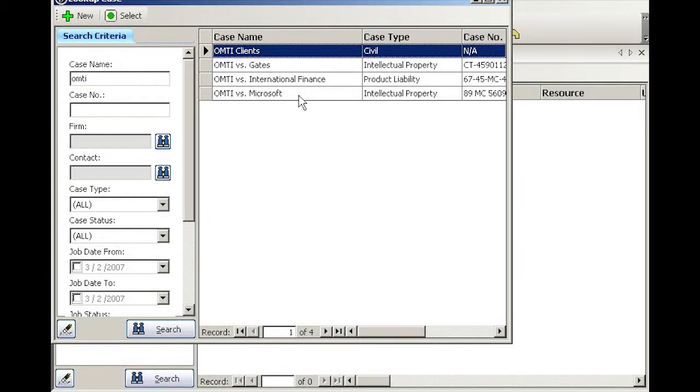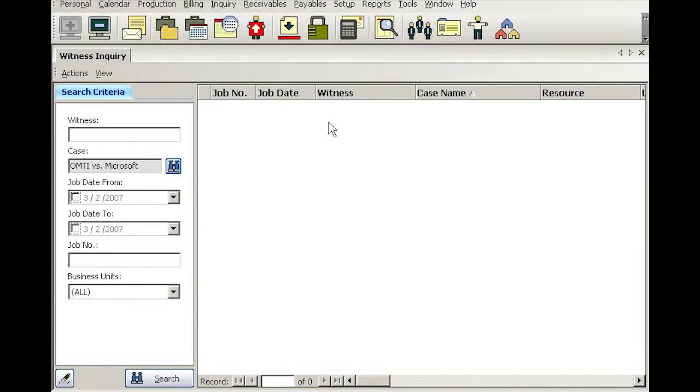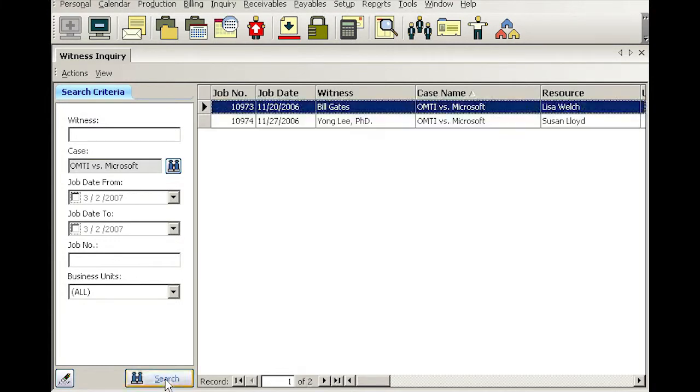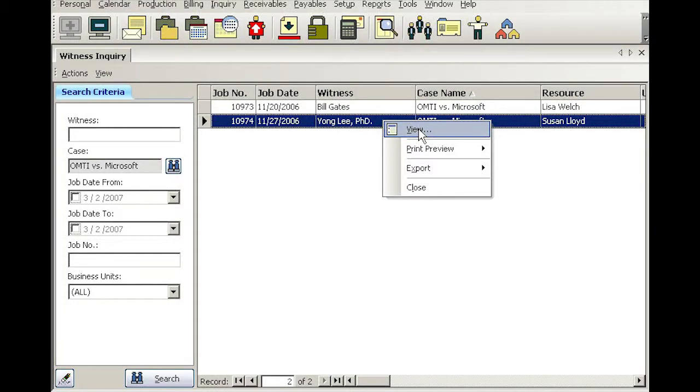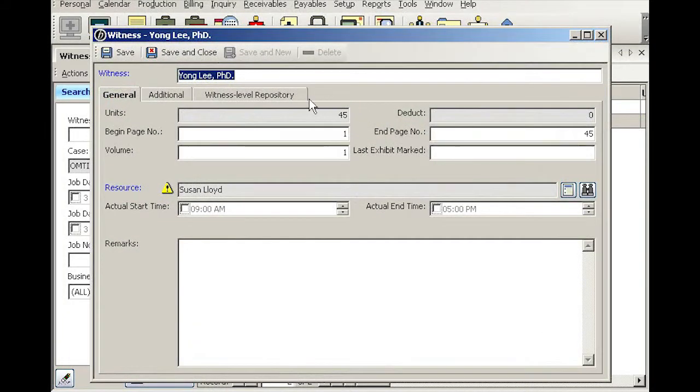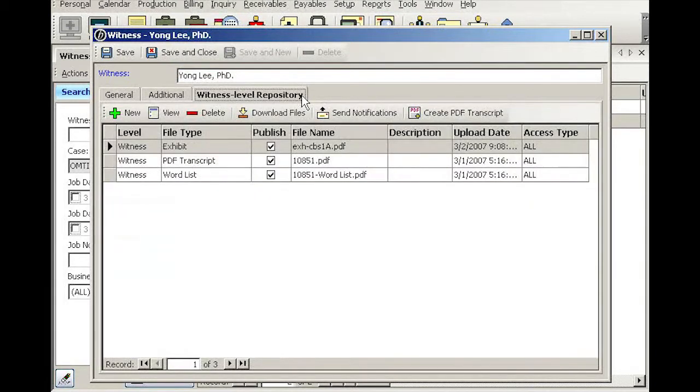Now once the case is selected, I can click search to find out every witness on this case. We took a depo so far, and the client is actually looking for Young Lee's transcript. So there it is. I'm going to right click on it, go into view, or double click it. Now you will see a new tab that says witness level repository. You click on it, and there you will have all the files that are uploaded so far on this particular